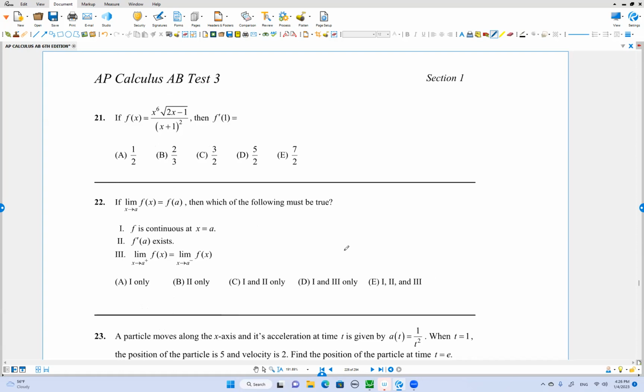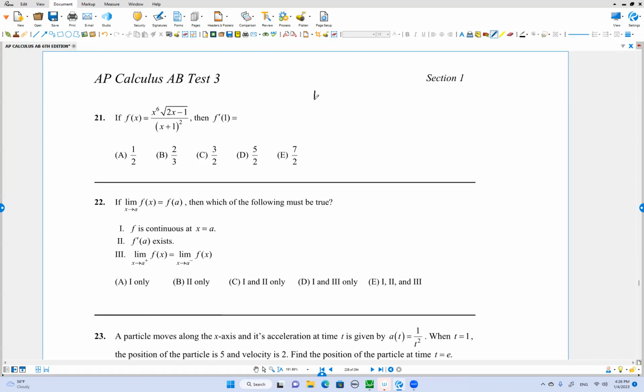Number 21, we have f of x. Take a derivative at x equals 1. We need to find the derivative, which is the slope of the tangent at x equals 1. Can you take the derivative over here? But that is very complicated, right? So when you have this combination, you can take a